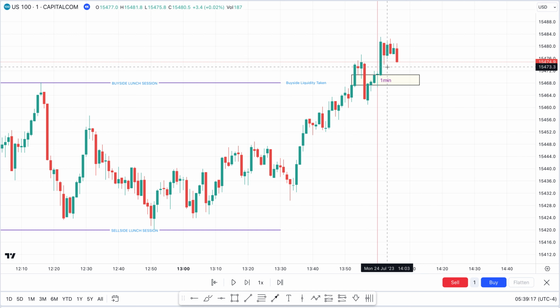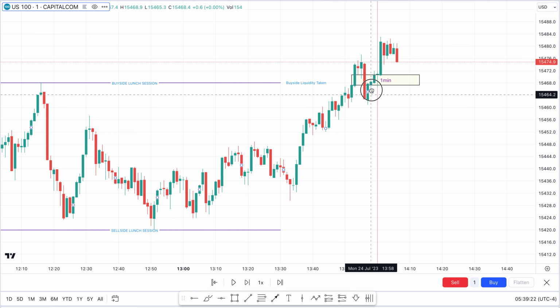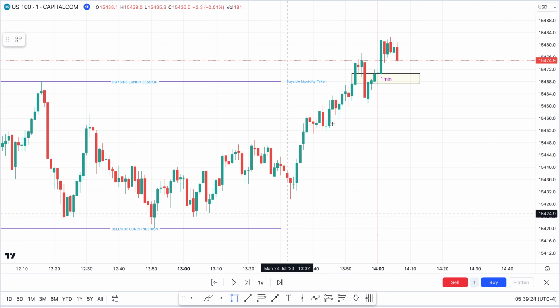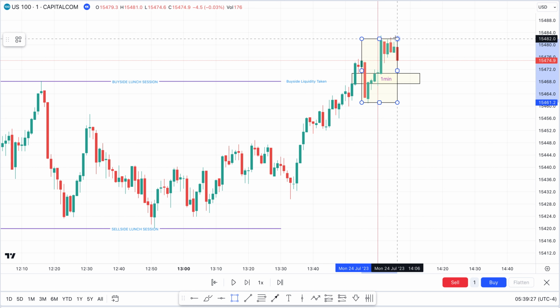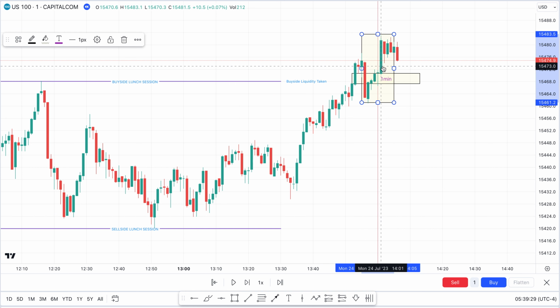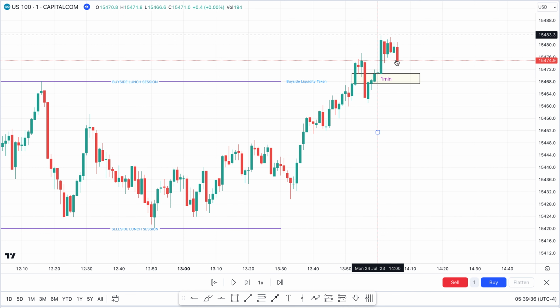what other fair value gaps are being respected inside this run, because it took the highs already. So inside this run up, if there's another fair value gap right here, if that one's being disrespected and this low is taken now, and there's another fair value gap made, a SIBI, sell side imbalance, buy side inefficiency, that's made to the right of this, I'll look at that